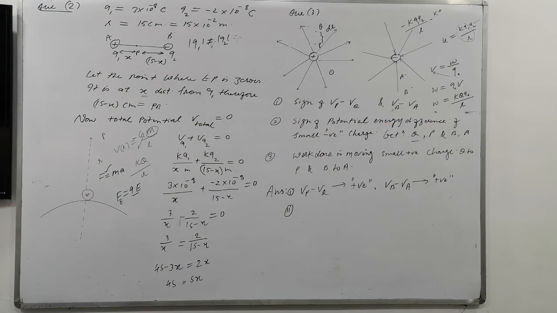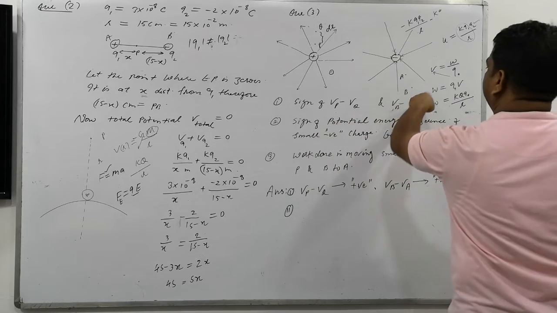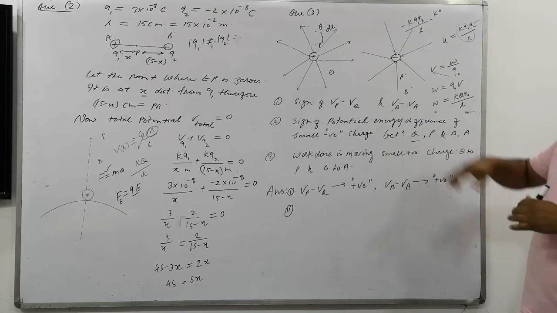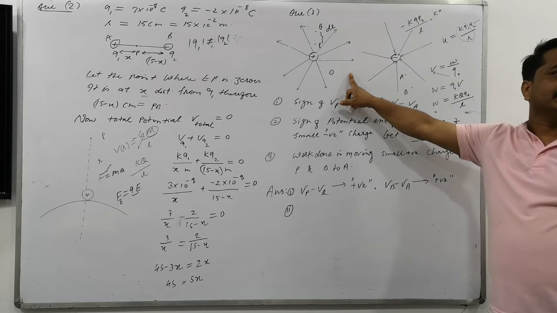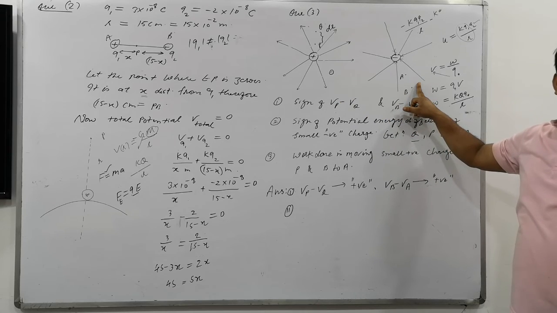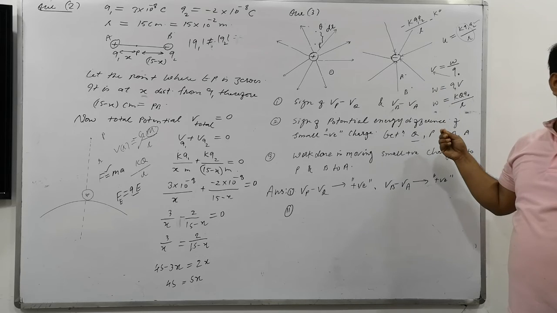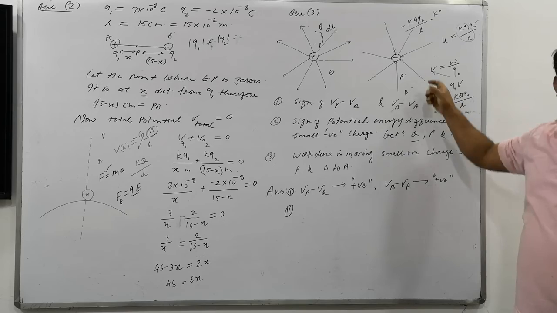The next question is that. Is that clear? Again, in the case of A and B, what will be negative and positive? Obviously, in this case, it is coming positive. So in this case, it will come positive and negative. The negative charge is there. It will repel. It means from this to this. Potential energy same here. Energy always same here.